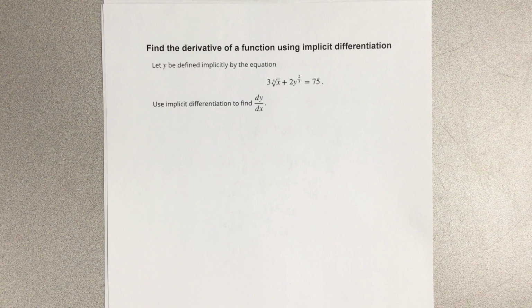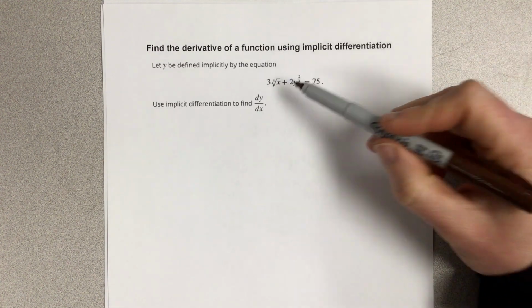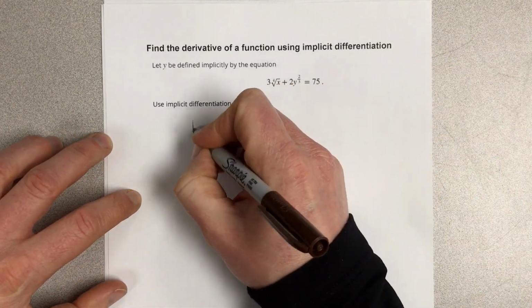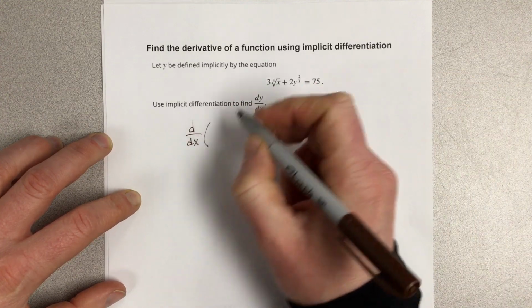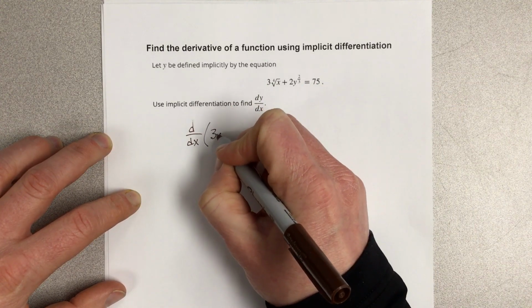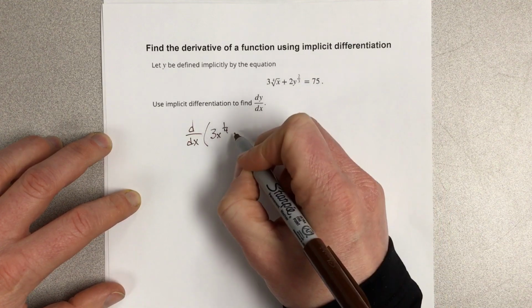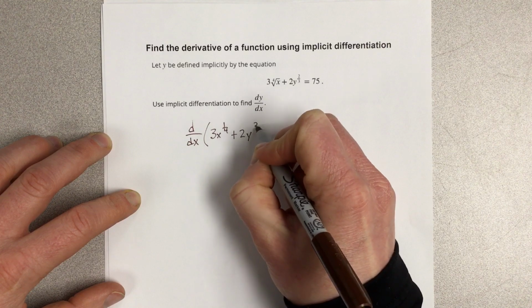So we use implicit differentiation anytime we have x and y on the same side, and we do not have an equation that is y in terms of x. To use it, we're going to take the derivative of the whole equation with respect to x, and that would be 3x to the 1/4. I'm just going to rewrite that radical as an exponent, plus 2y to the 2/3